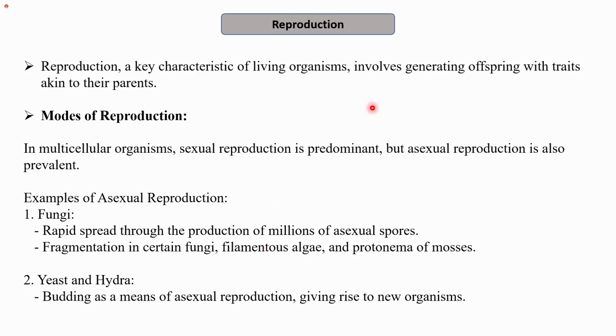The next is reproduction. As I mentioned, living beings should reproduce. By reproduction, we mean that they should be able to produce offspring similar to their species, which is similar to their parents. So reproduction is a key characteristic of living organisms. It involves generating offspring with traits similar to their parents. It is a very important characteristic that happens only in living